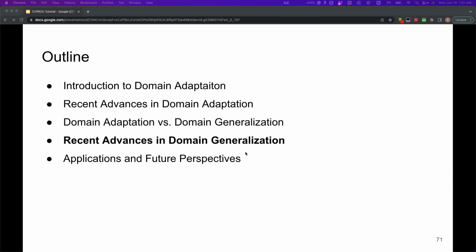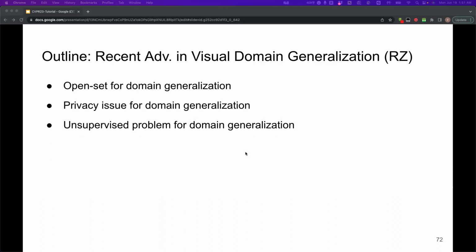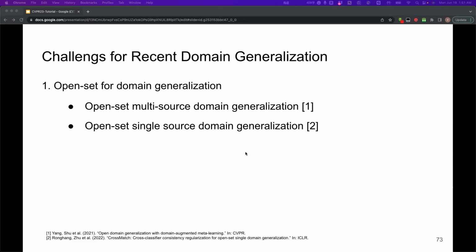Yeah. So from my understanding, the most promising domain generalization aspect right now, I think you should consider privacy issue and the open set part, because currently there are only a few works that have paid attention to the open set purpose in domain generalization, like for open set multi-source domain generalization and open set single domain generalization. To my knowledge, I only found 2 papers that specifically address these two methods,